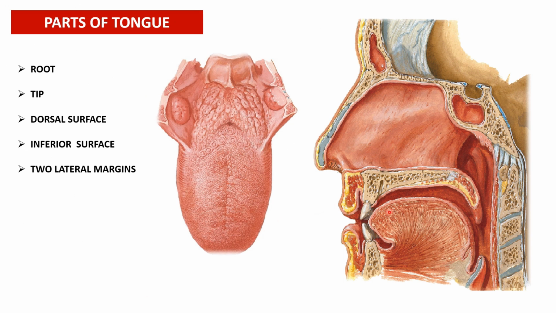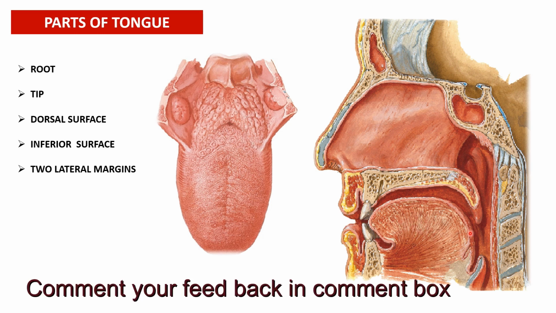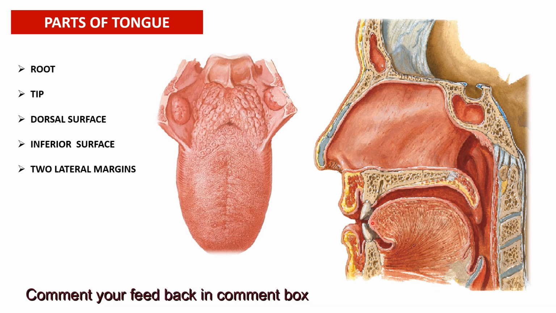By definition, tongue is the muscular organ located in the floor of oral cavity. Structurally, the tongue is made up of different types of skeletal muscles which are covered with mucous membrane. The tongue consists of a fixed part called as root of the tongue. And again there is a free mobile part that is called as tip of the tongue.